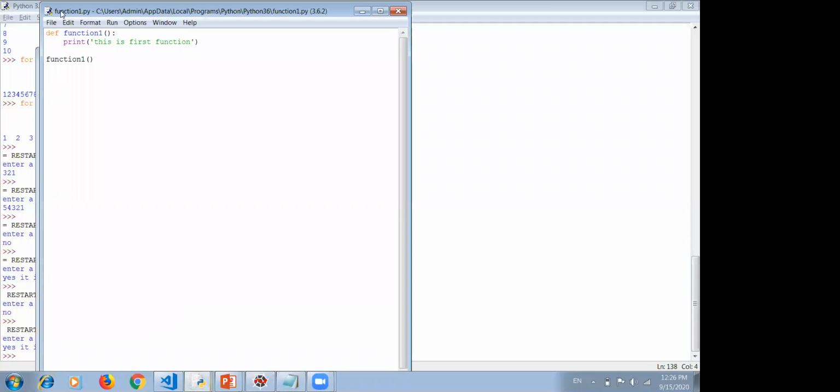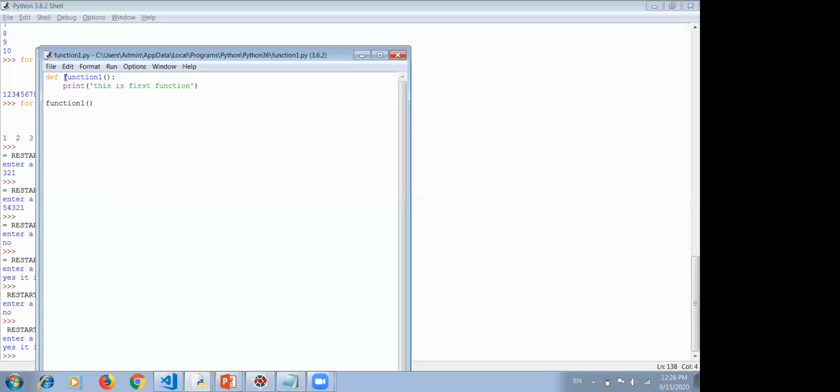This is the simplest example of a function. I have created a function. The name of the function is function1. You can give any name. It's just like the name of an identifier. The rules which apply to the name of an identifier, that it should not have a space, it can start with an underscore, it should not start with a digit, all these will be applicable to the function name also. def is a keyword which shows that now a function is going to be defined. Function name, then these two brackets, these two parentheses are used. This is the indication that the name I have used is a function.